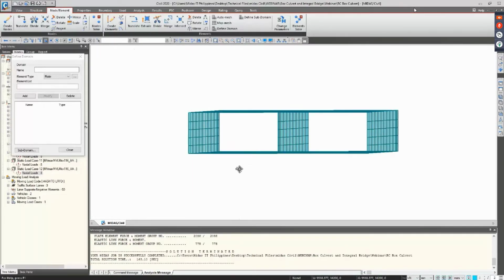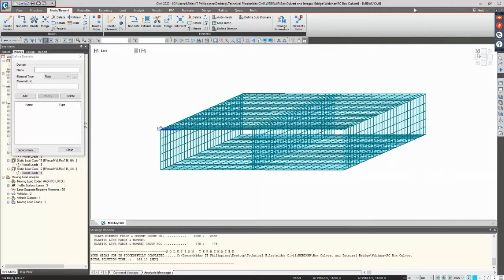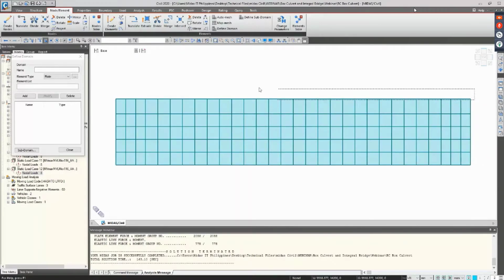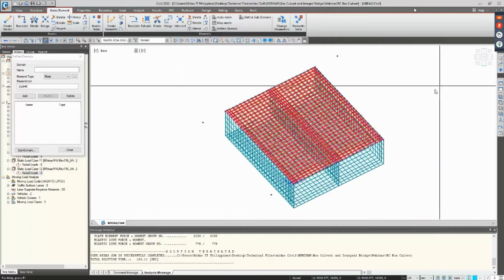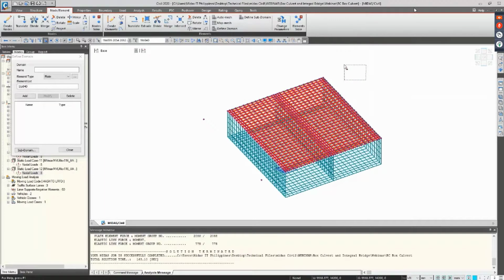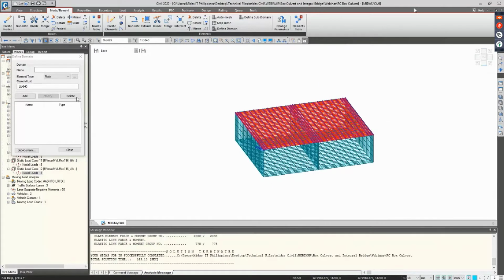So now we will be defining a domain for the top slab. So create all, select all the elements on the top slab. Plate elements on the top slab, then include top slab. Then add,